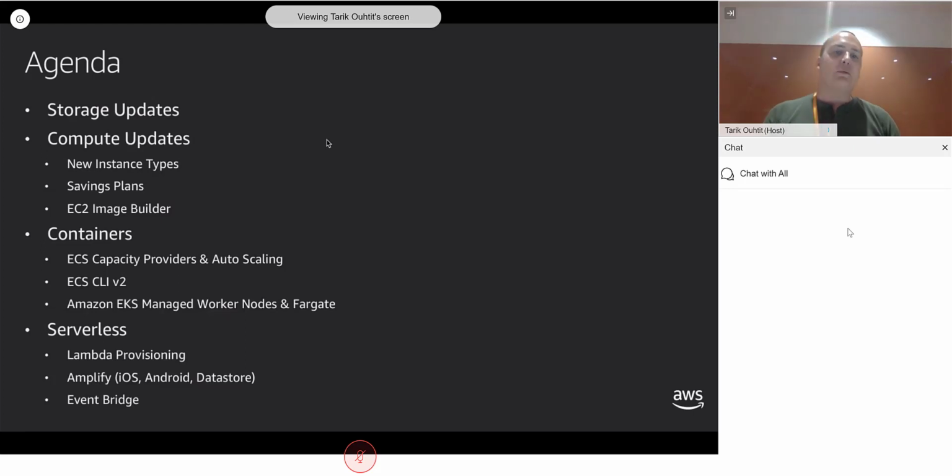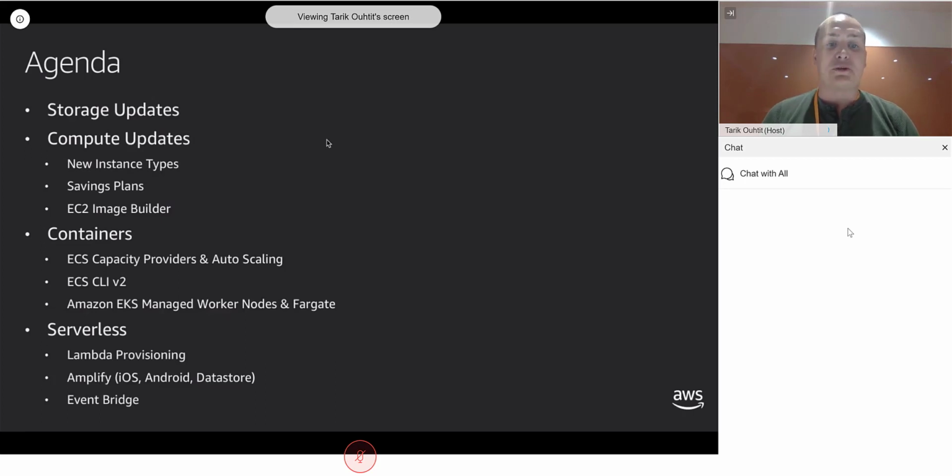The last thing we're going to cover is serverless and Lambda. And I'm going to show you some demos as we go through. I've got a demo of Fargate and Kubernetes. I've got a demo of Lambda as well. And I'm going to show you how easy it is to build an application or an API with AWS Lambda and talk you through some of the new changes that have come with Lambda over the last couple of months.